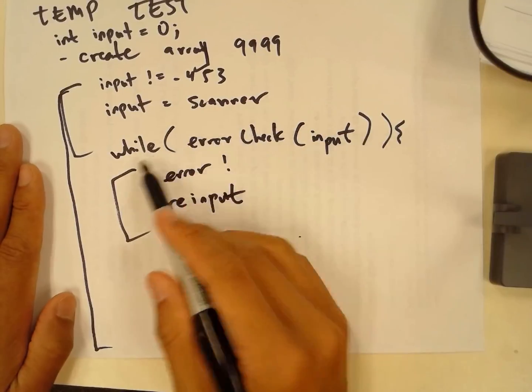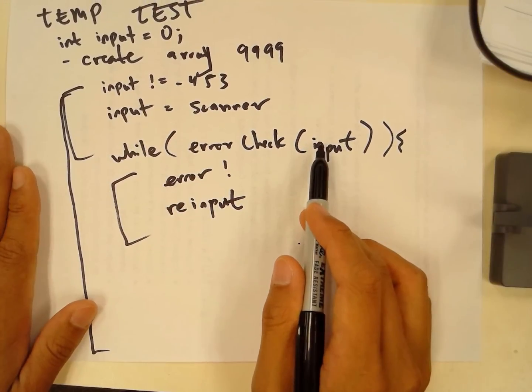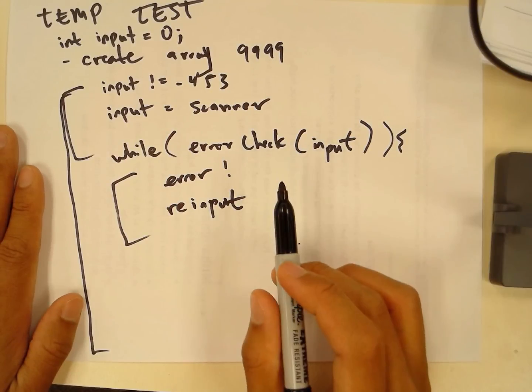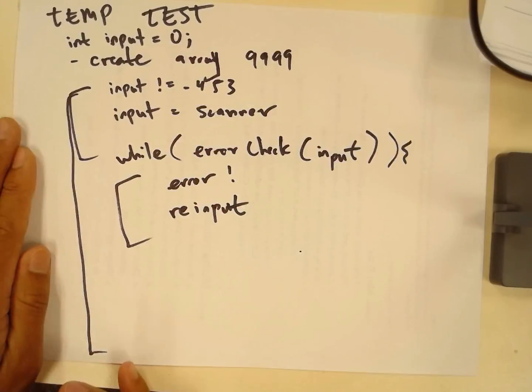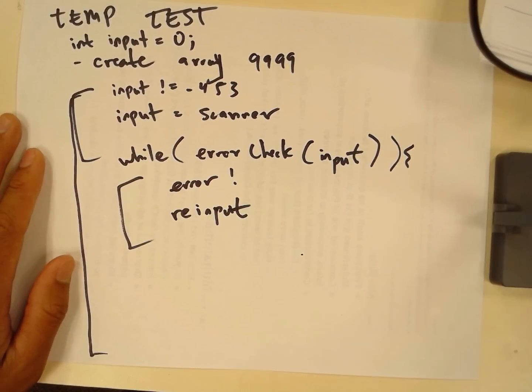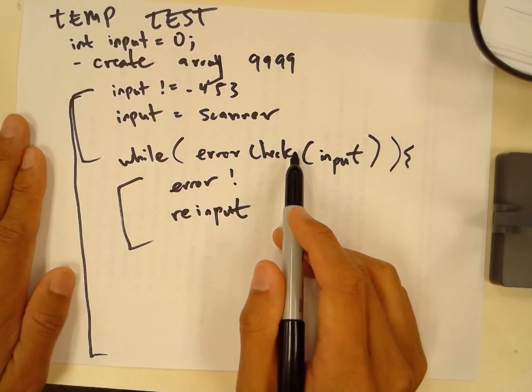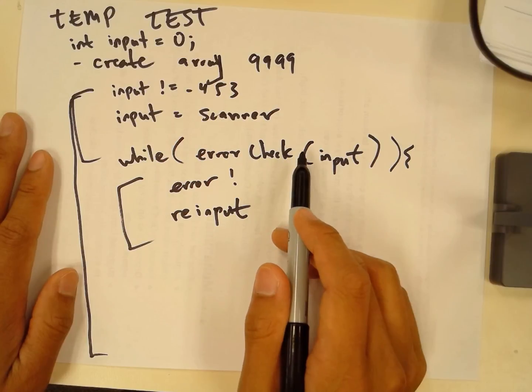So let's say it does pass the error check, that they are not only entering negative 453, and they are entering values between negative 140 and positive 140, and they are not spamming the same value more than 5 times. Let's say that all of that passes, then error check is going to return false. And then what do we want to do? We want to,